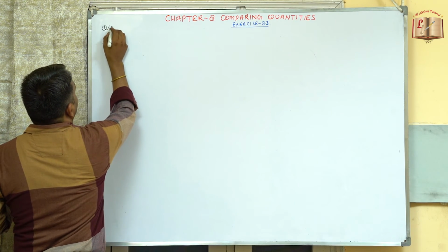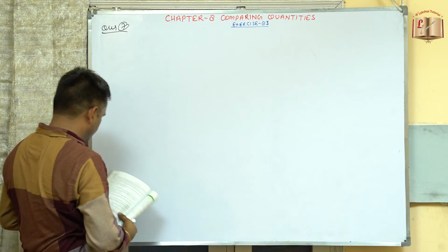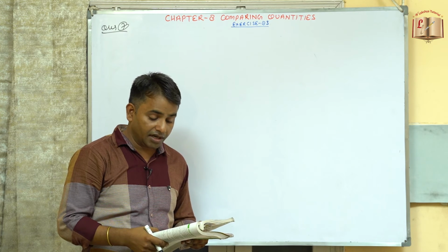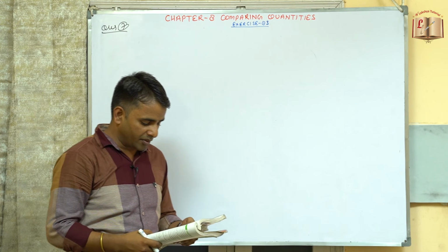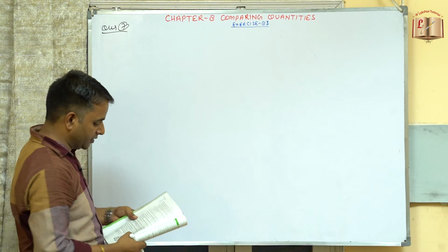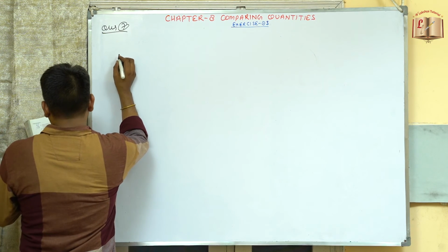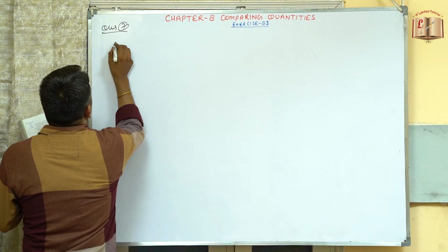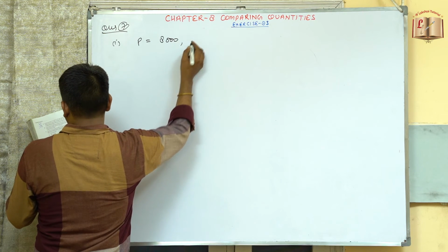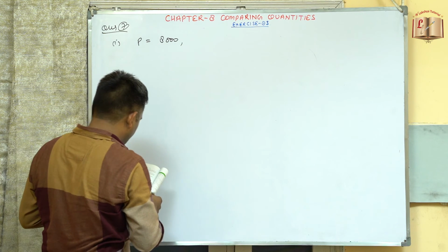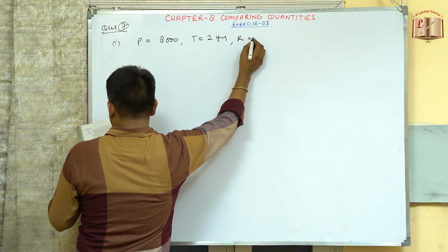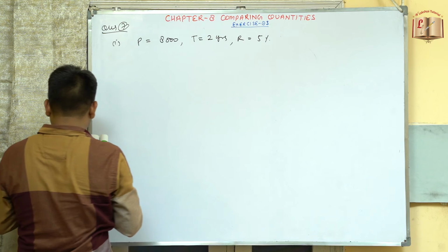So now coming to question number 7. Maria invested rupees 8,000 in a business. She would be paid an interest at 5% per annum compounded annually. Find the amount credited against her name at the end of the second year. Find the interest for the third year. So first of all we will find the first part, P is given as 8,000 and the amount credited against her name at the end of the second year. So time is given as 2 years and rate is already given. This is 5% per annum.